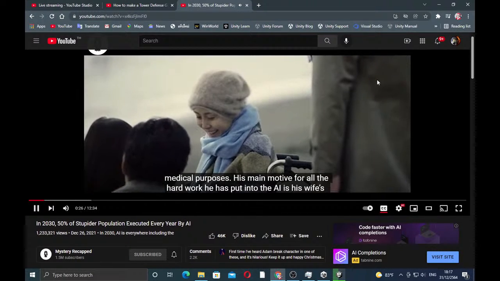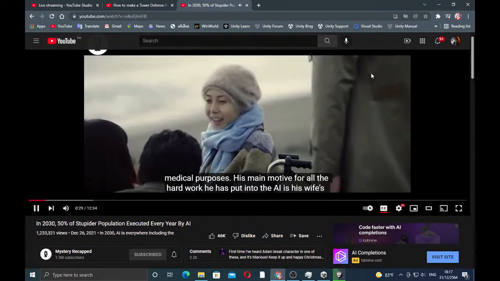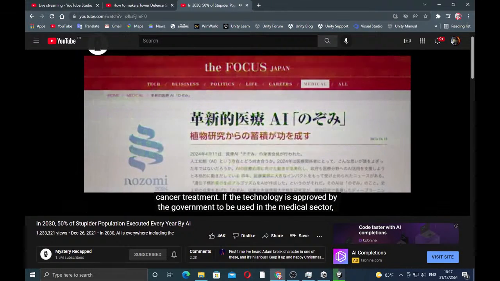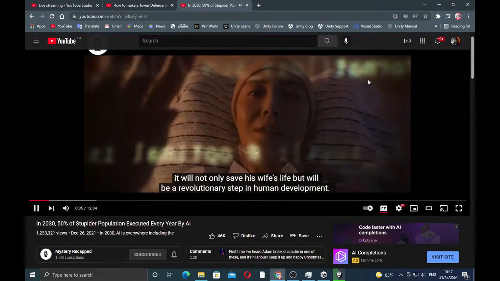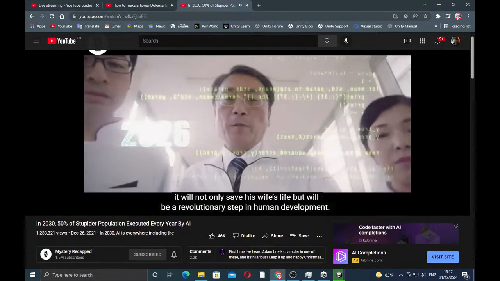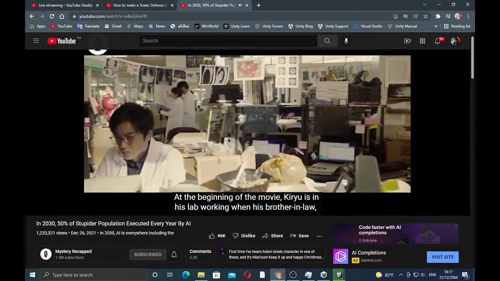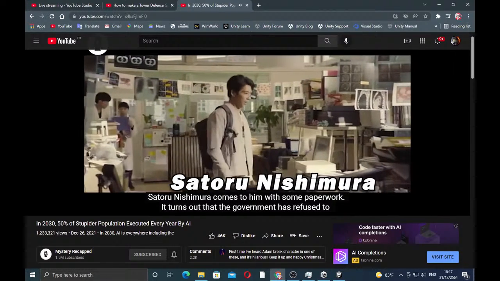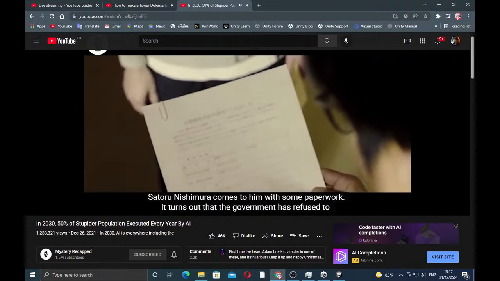His main motive for all the hard work he has put into the AI is his wife's cancer treatment. If the technology is approved by the government to be used in the medical sector, it will not only save his wife's life, but will be a revolutionary step in human development. At the beginning of the movie, Kiryu is in his lab working when his brother-in-law, Satoru Nishimura, comes to him with some paperwork. It turns